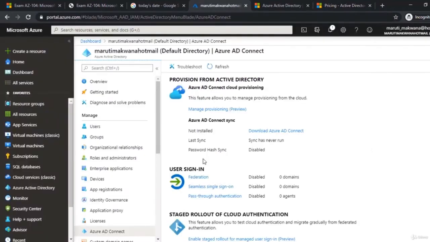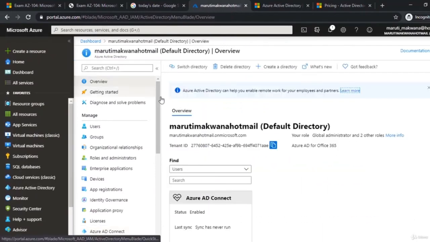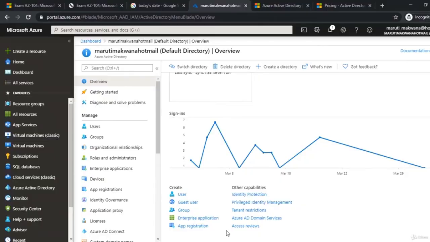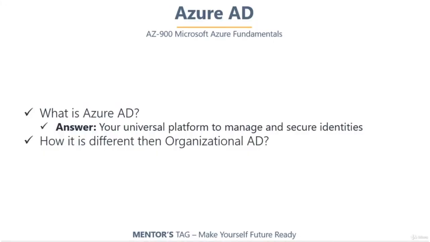In this course, when we go for multi-factor authentication and other features which require premium AD, we will activate our premium versions of Azure AD. But as of now, just understand that Azure AD is not like a normal Active Directory. It is actually a combination, or I can say a centralized controlling mechanism, which is associated with your existing AD and your existing applications, which may be on Azure cloud, on-premise, or some other cloud, and Azure AD allows you to connect with all these applications and users in one place.